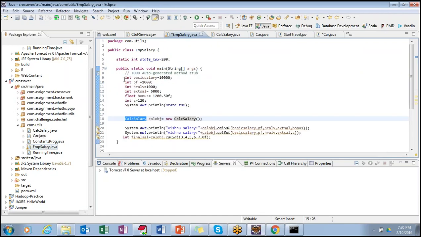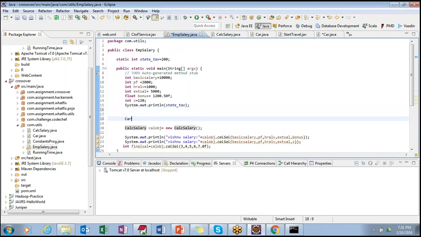Employee salary, because if we create an object of car, let's say C1 equal to new car, then what happens?